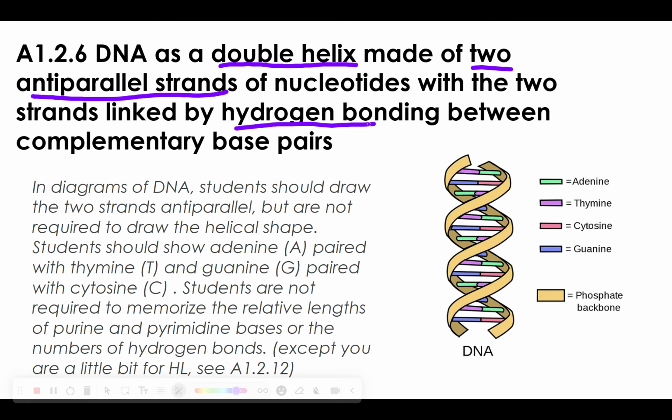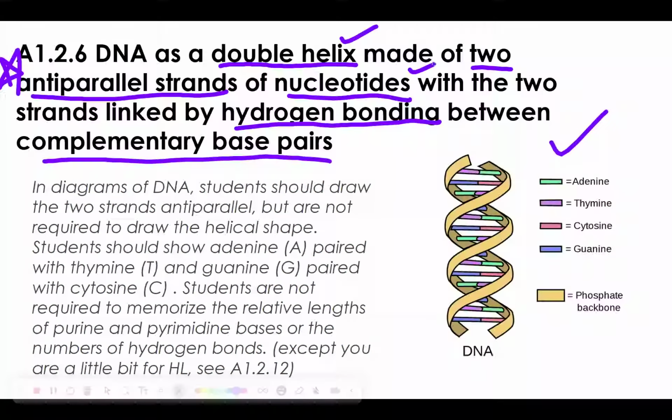with two strands linked by hydrogen bonding between complementary base pairs. This point of information brings together a lot of things we've talked about already: the hydrogen bonding, the complementary base pairs, the double helix. The anti-parallel thing we'll get to in the notes, and nucleotides we've already discussed. But this assessment statement gives you some more specific information about exactly what you need to be able to do with this information. So in diagrams of DNA, students should draw